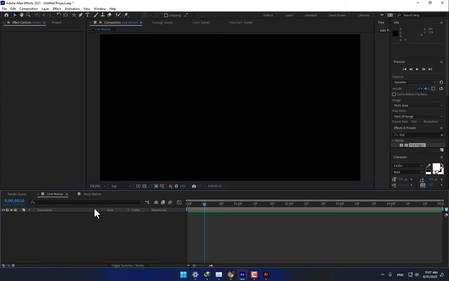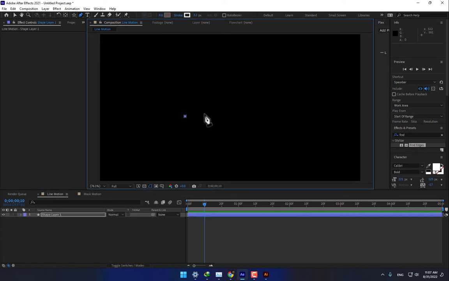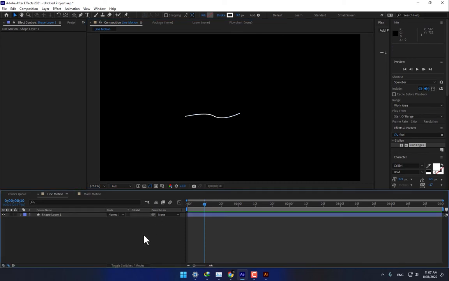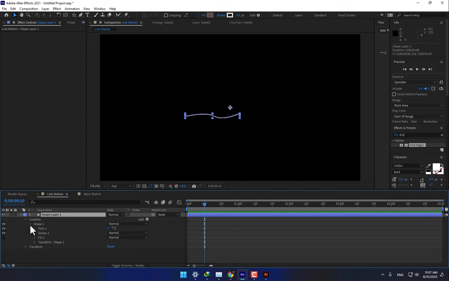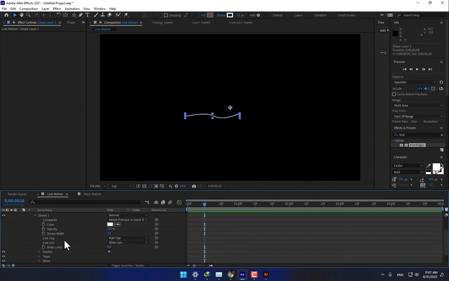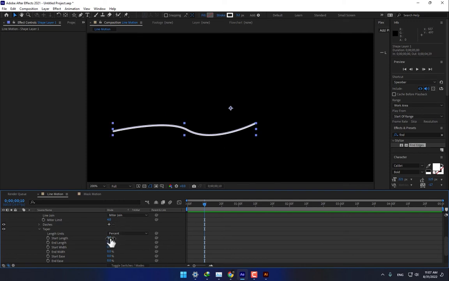Let's go for the third sample. The third sample is select the pen tool, 1 click, 2 and 3. So now select again, go to content, shape, path, stroke. There, we have 3 effects. Wave, taper. There is taper. You can change the taper. Look,